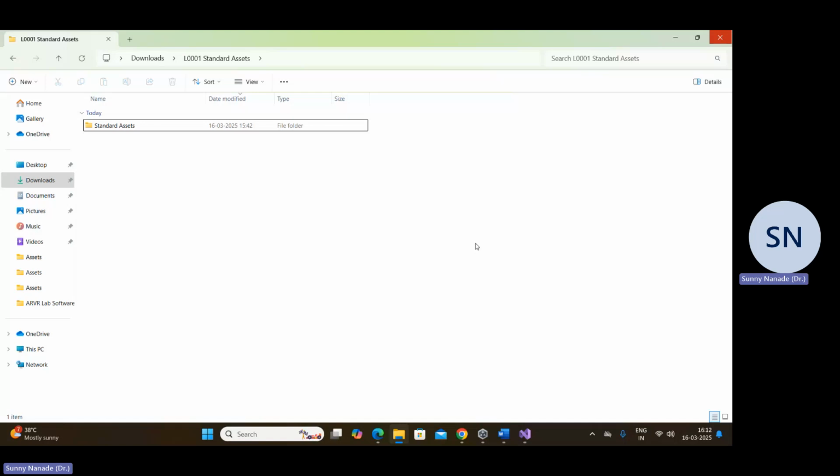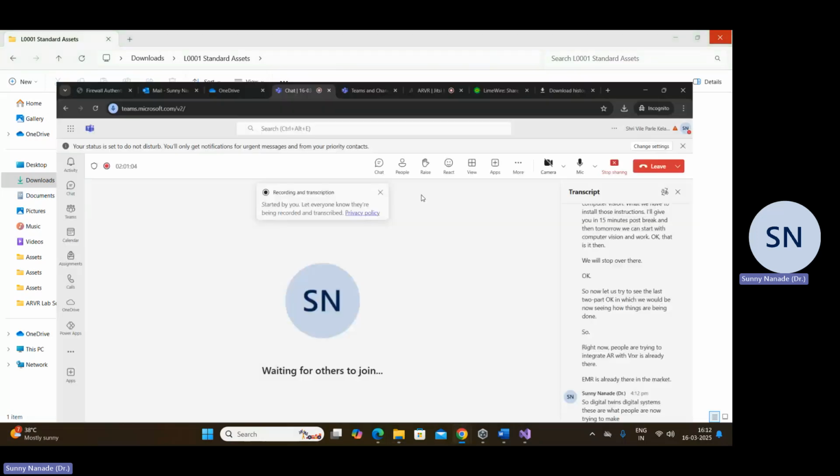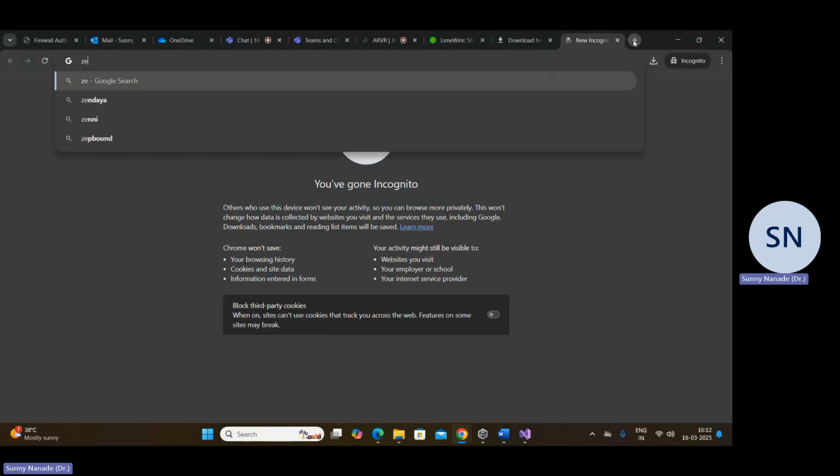Right now people are trying to integrate AR with VR. XR is already there, MR is already there in the market. So digital twins, phygital systems, these are what people are now trying to make. Okay, so you can anytime check this website